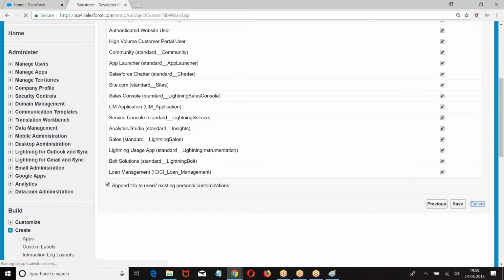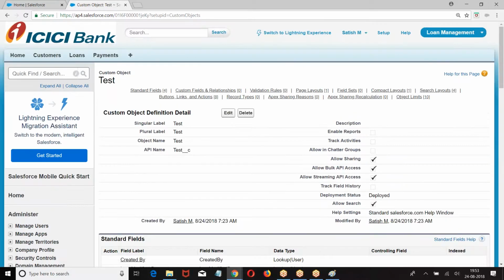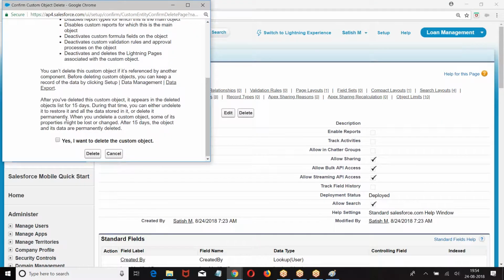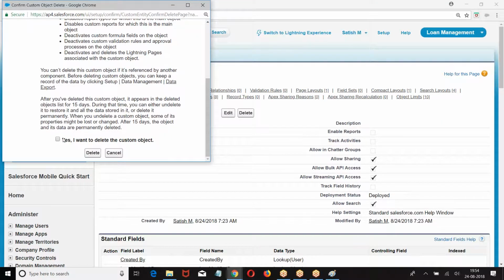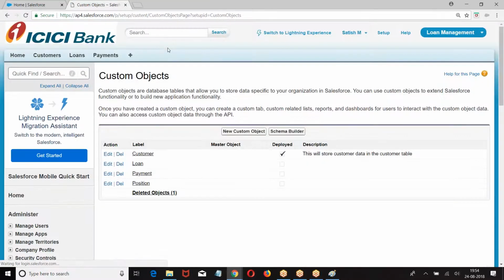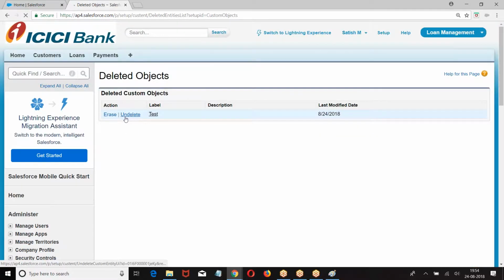I hope you are good. If the application is already there and you are creating a new tab, what is step number 3? Step number 3 is adding this tab into the application. No, tabs are already there and you are creating an application. Then what is step number 3? At the time of creating an application, choose the list of tabs which you want to include in the application. Either way we can do it, depending upon the context. Right. Thank you. I hope you are good with this, everyone. Right. Let us go to the next one.